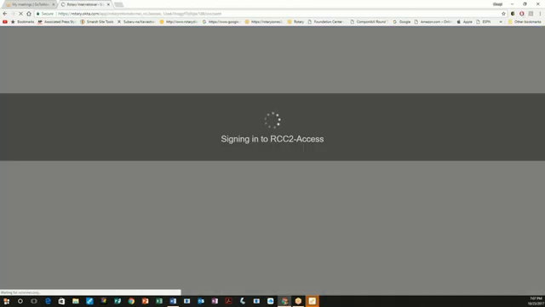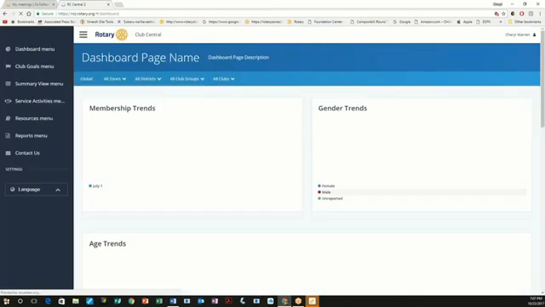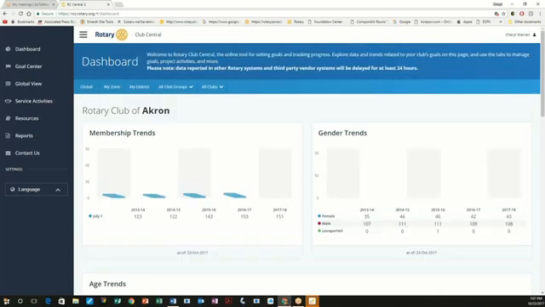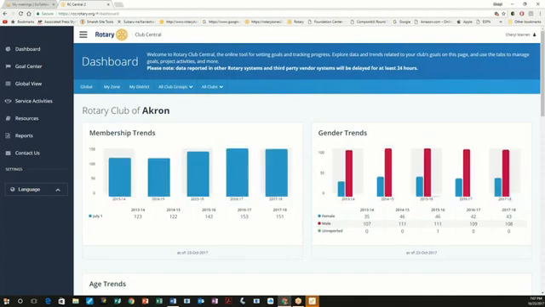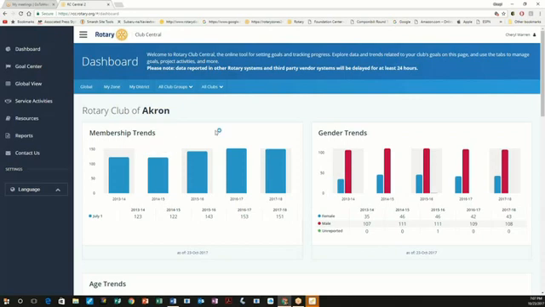Now, as we begin, I'm going to let you know that this portal has been redesigned this year. So even your past presidents, your current president may not be aware of what this portal looks like if they have not been out here since July 1st. So you are truly the first group that we have actually trained on the new portal.